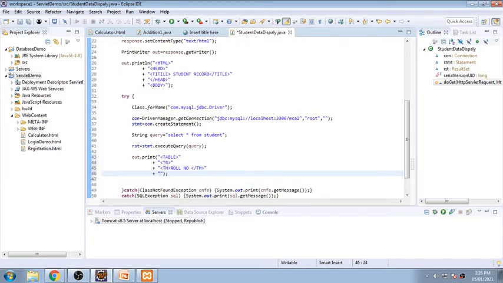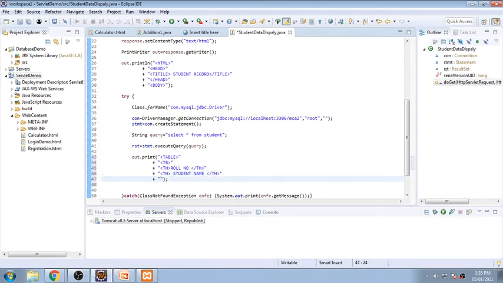Then table header. I think everyone knows this table header, right? Roll number, then student name, slash table header, and then a table header with contact number.